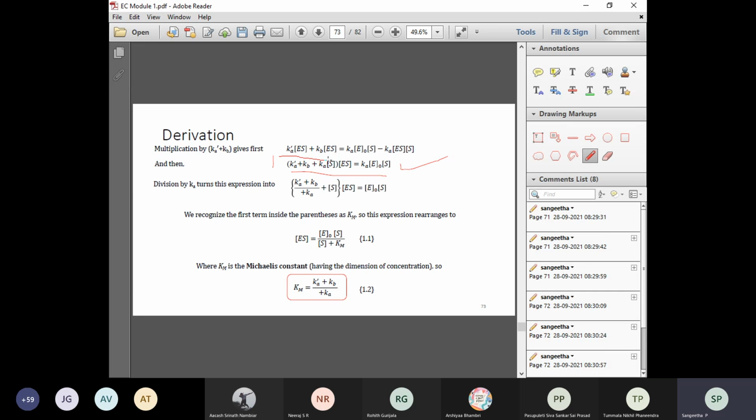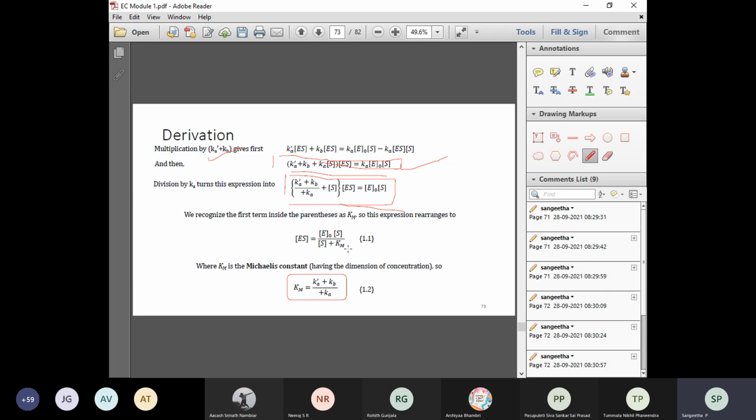So after the multiplication of the rate of formation as well as the rate of dissociation, now divide by Ka. If you divide the entire thing by Ka, you can see which part is getting cancelled. This will remain the same, and the second part is getting cancelled. Ka, you get the substrate, and then the concentration of ES is equal to E naught, because this Ka also will get cancelled. So accordingly you have to write one step. I hope you have written it already in the last class itself. So this will be another equation.